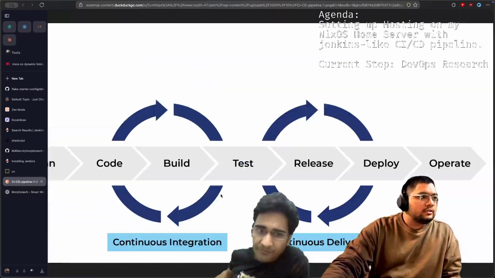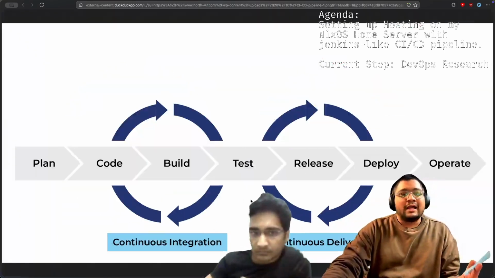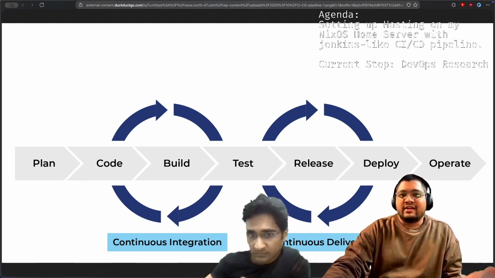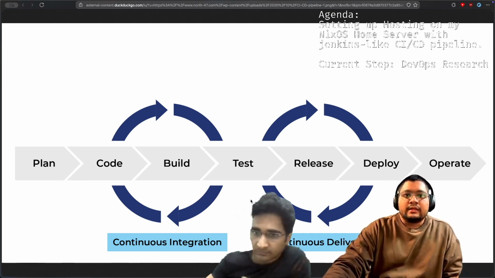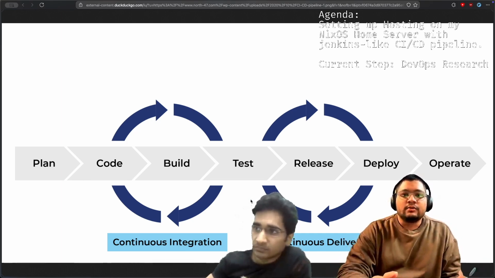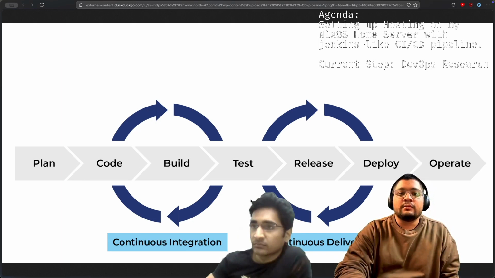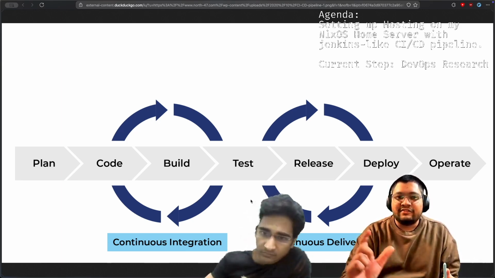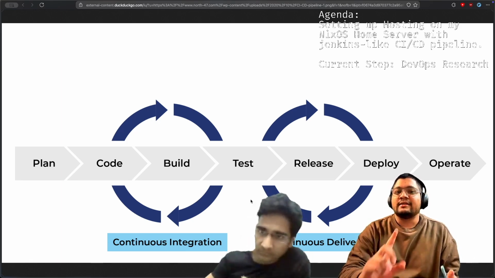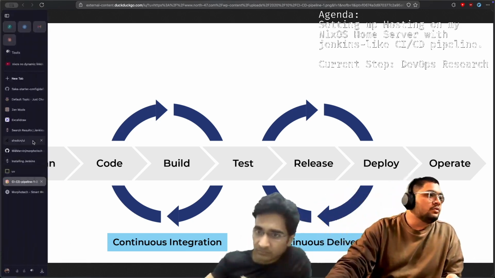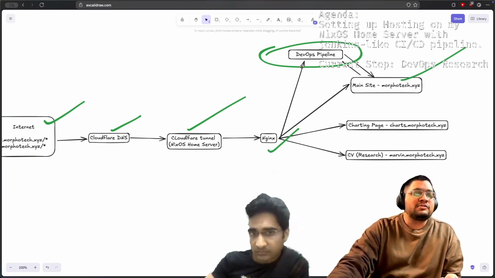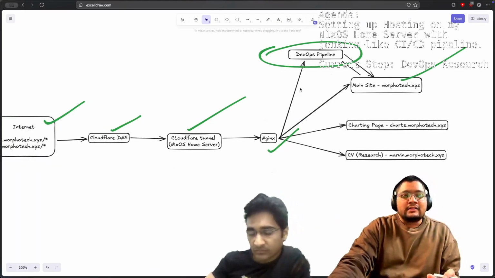achieve that? So what my plan is, I learned about GitHub webhooks. So what I'm planning to do is I'll push changes to the production branch, and as soon as I do that, a webhook triggers and it sends a request to my server. Through all of this, I'll make a DevOps pipeline thing here